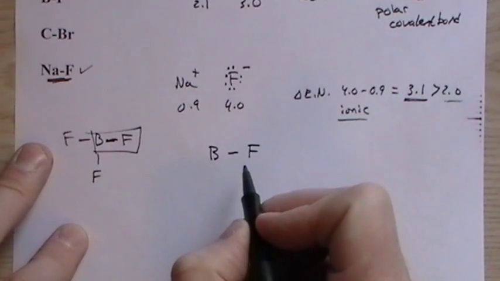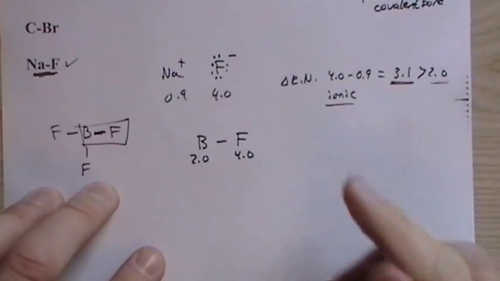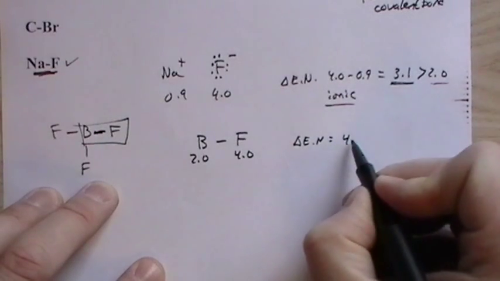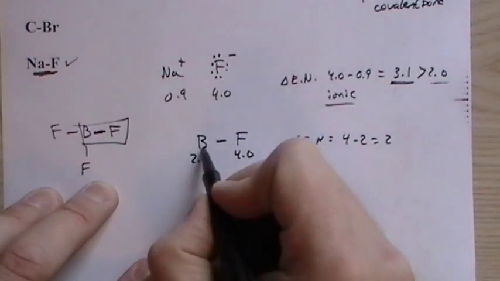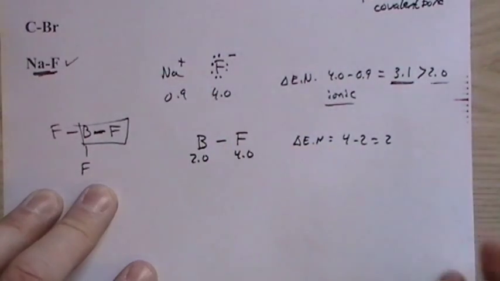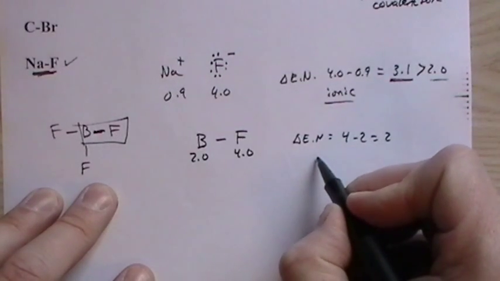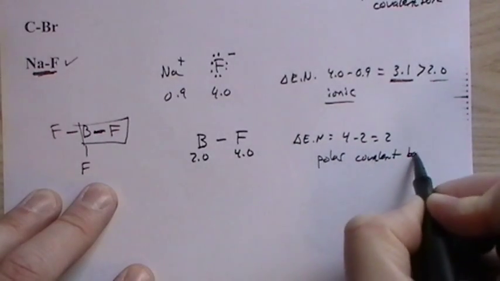And we have boron is 2.0 and fluorine is 4.0. And this delta EN is 4 minus 2, or 2. And so that's right on the edge. Boron trifluoride is considered to be a covalent compound, not an ionic compound. So it's riding the edge. So what we would say here is that it is a polar covalent bond. And that's why they usually say